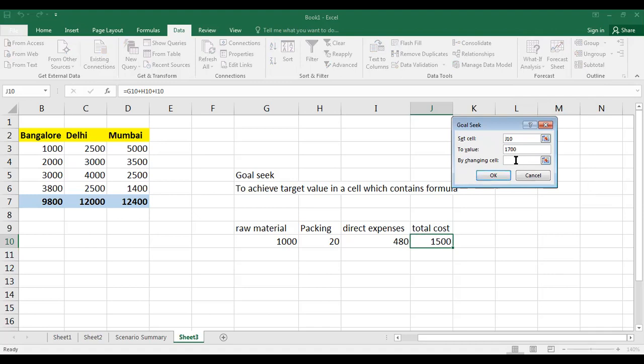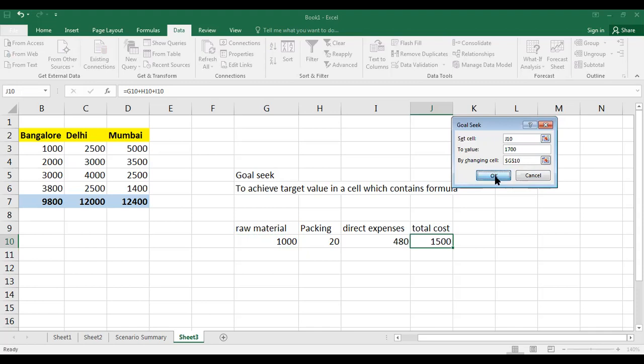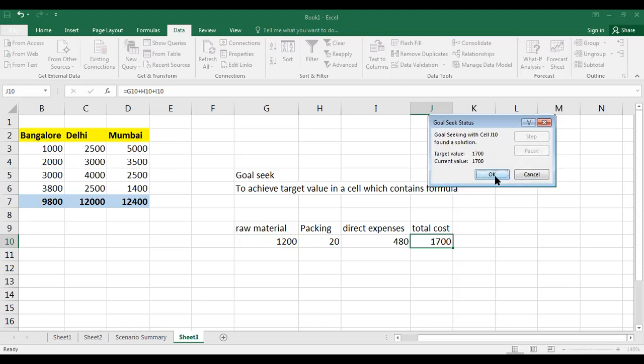Then which cell do I want to alter? Assume now raw material is increased, so I will put the difference in the raw material to make my total cost 1,700. Instead of calculating the difference ourselves, this Goal Seek command will calculate and update that cell, so that your formula gets changed automatically. It's very simple.